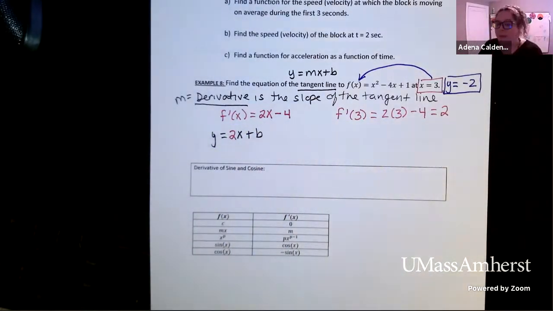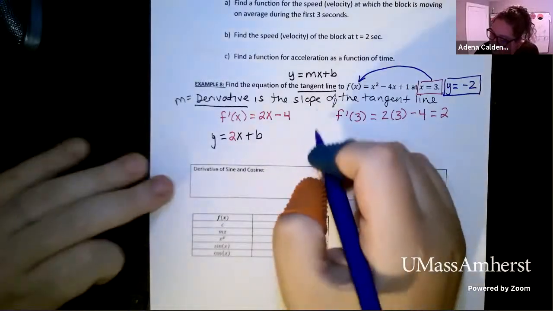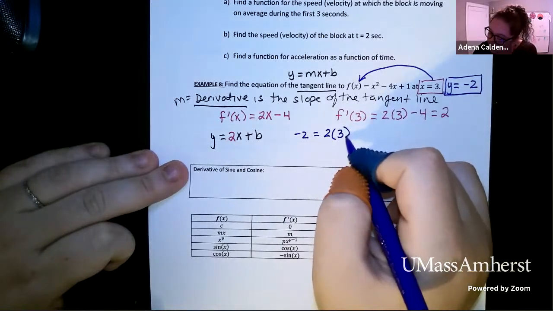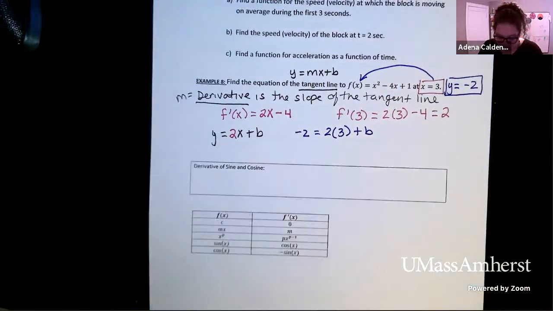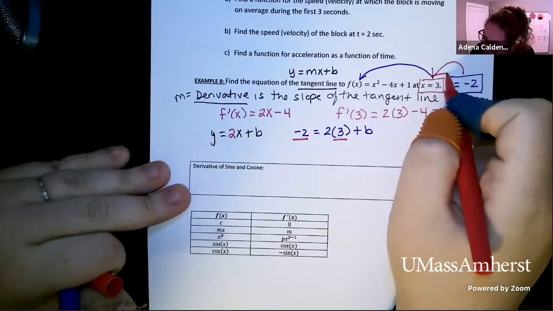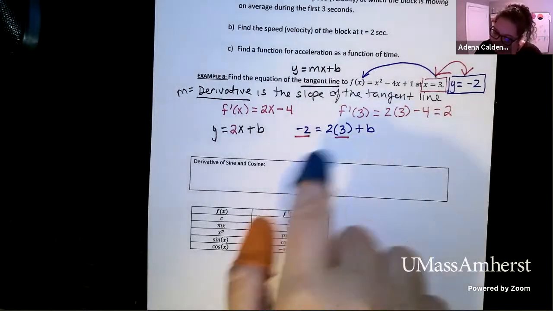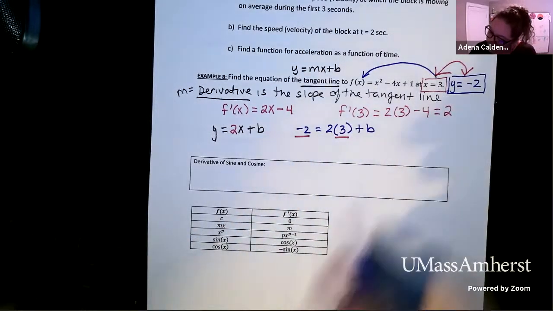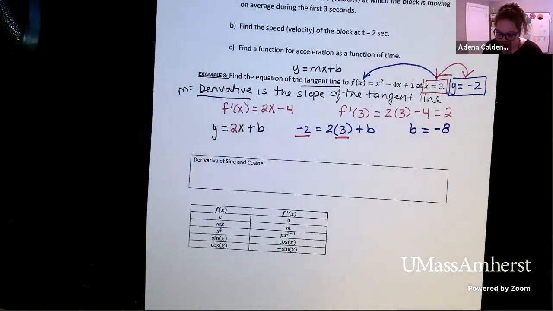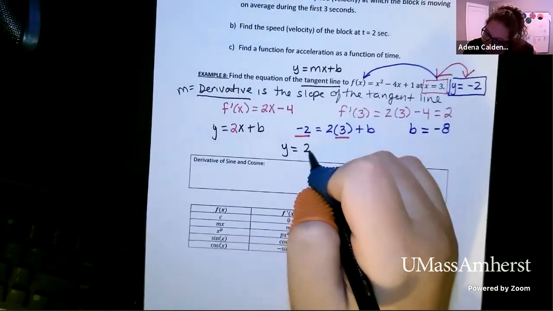Because it's the one point shared by the function and the line. So now I can use this point to solve for b. If I plug in -2 equals 2 times 3 plus b, and again, these came directly from my point here, I can solve for b, right? So this is 6. I subtract 6 over, and I get b equals -8. So now that I have my b, I get the equation of my tangent line, which is y equals